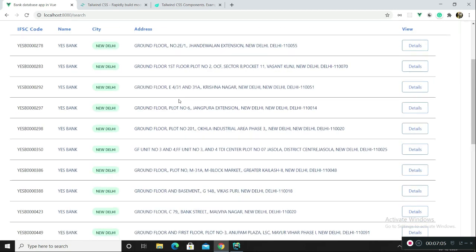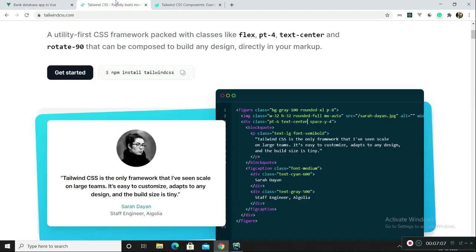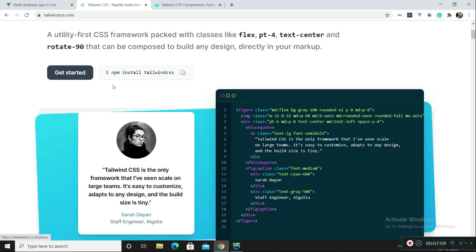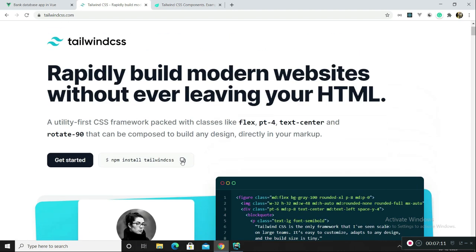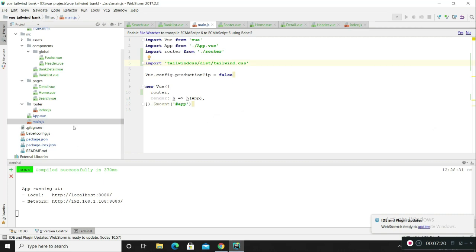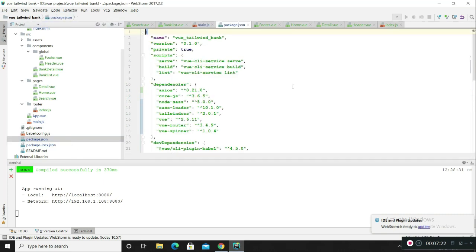Okay, so let me quickly go through Tailwind CSS now. And this is the documentation. You simply, like you install any package inside an npm environment, use npm install tailwindcss, and this would be installed, and this should be available right here. Right there, like you can see, Tailwind CSS is installed here inside dependencies.